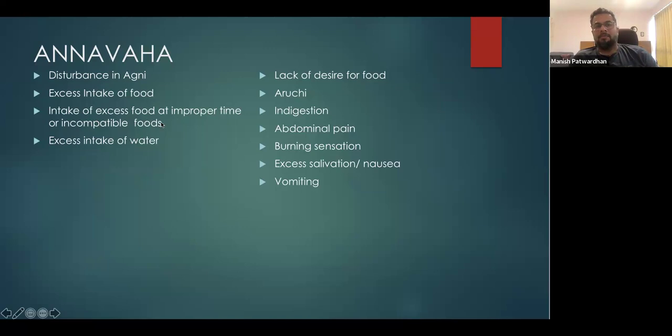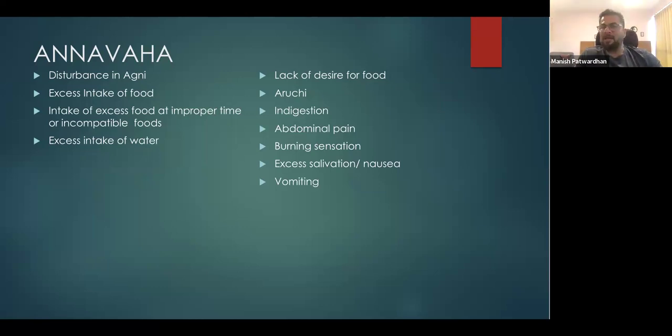Also, excess food at improper time. That is another thing that is happening commonly. I spoke about this very briefly the other day, that today we are so bound to the clock that we are eating as per the clock without understanding our body clock. So if I am going to be busy at 12 o'clock, I better eat at 10 o'clock. If I am busy at 12 o'clock, I eat at 2 o'clock. So eating at 10, eating at 2, when you are feeling your appetite at 12, or when your Agni is ready at 12, doesn't help.